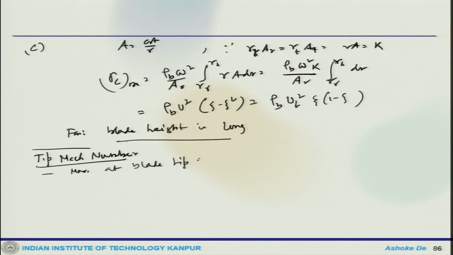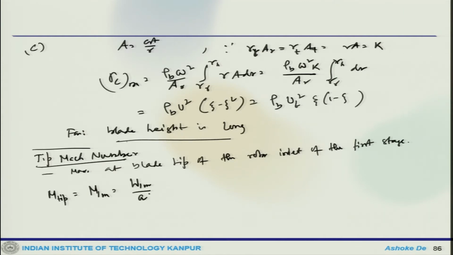blade tip of the rotor inlet of the first stage. Okay. So, this is due to the maximum value of the relative speed W1 and the maximum static temperature at the inlet. For the first stage the axial velocity is equal to the inlet absolute velocity and has a constant value along the annulus. So, the corresponding maximum Mach number which we can estimate, Mach tip, is M1 max, which is W1 max